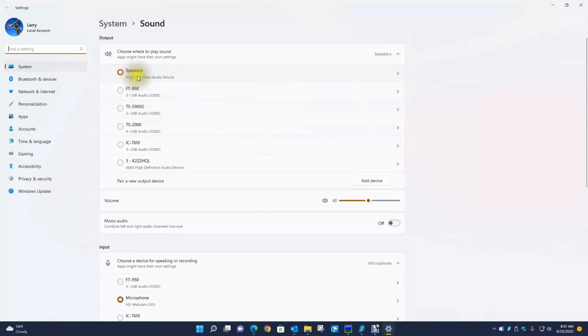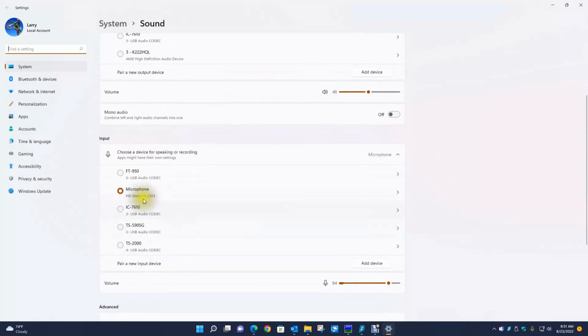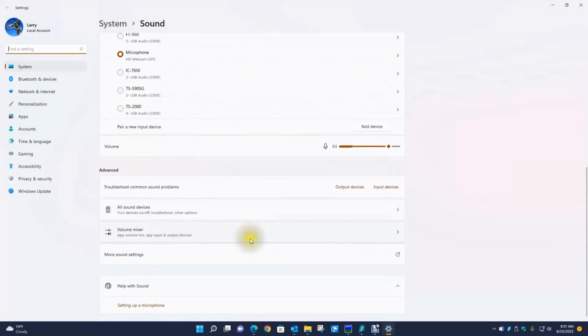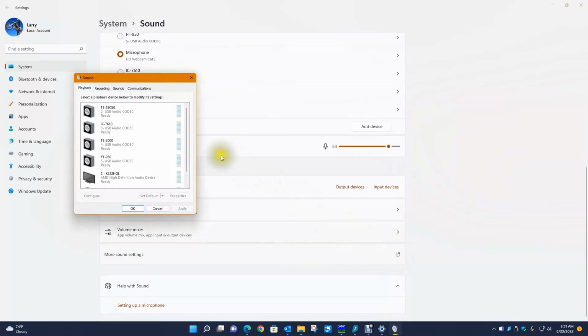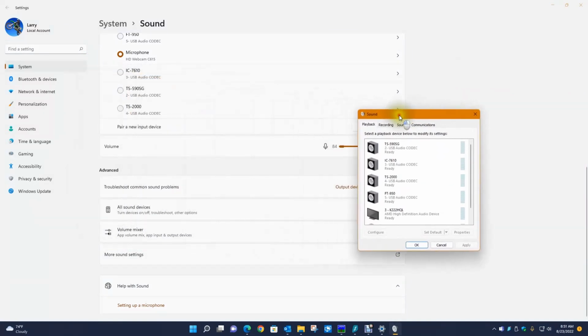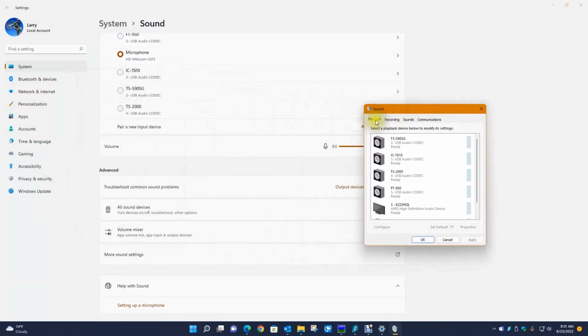Here you can see the speakers are my default and the microphone is default. To set things up, you want to go down here to more sound settings. Here you will get this box for playback. You want to make sure that there is nothing in these except what your radio is. And you can see mine says, for instance,